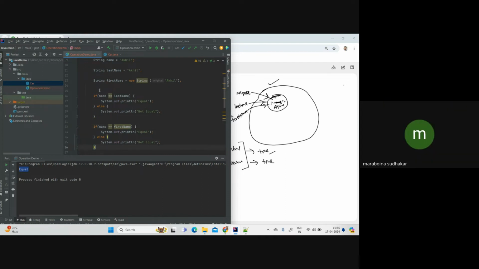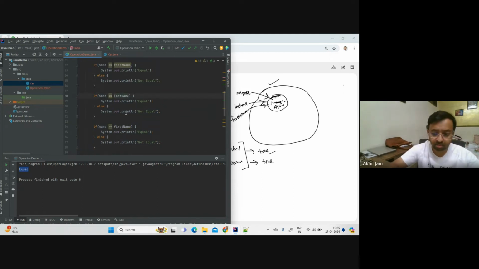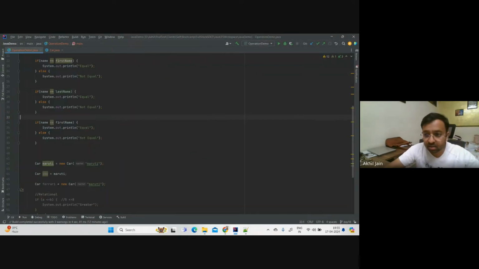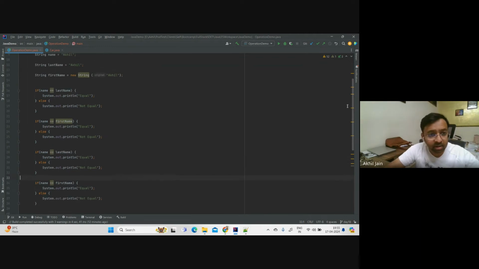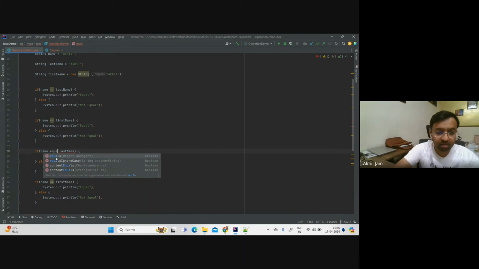Yes. Now let me also do the next comparison, which is with the equals method. Okay, let me just maximize this and save some space, and let me show you this. So this part is already done, and we are here. So I will say dot equals